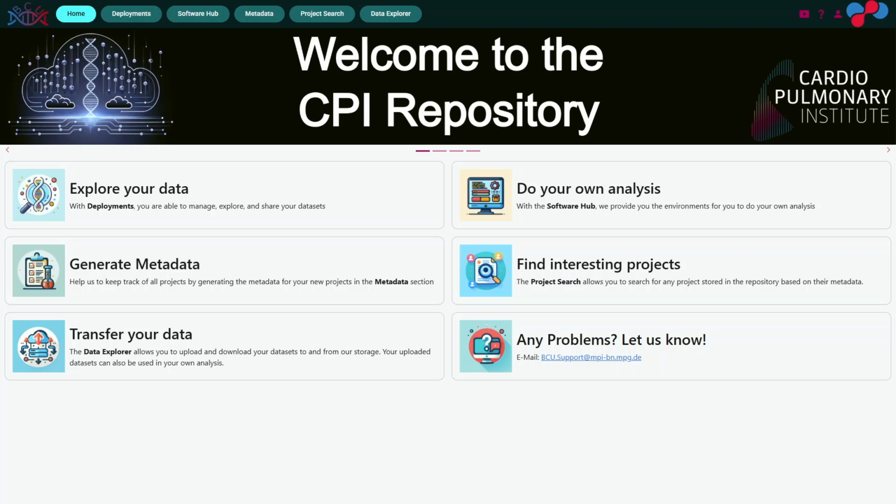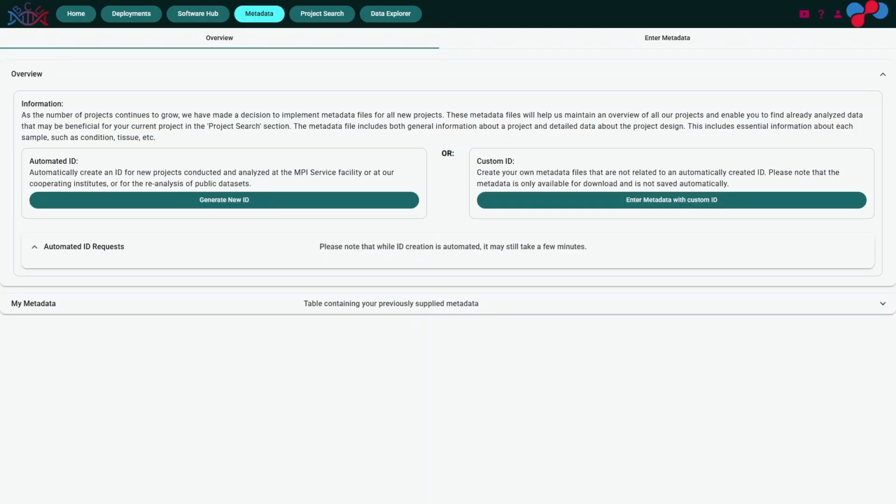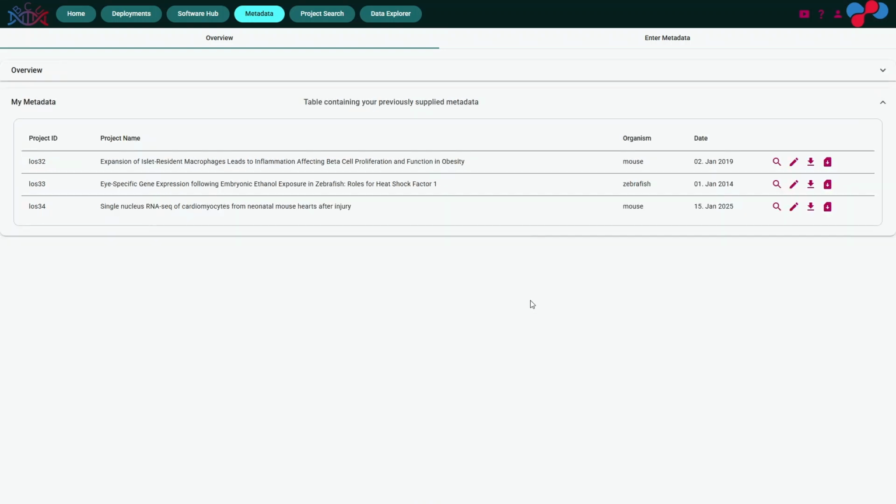To get started, navigate to the metadata part of the website by clicking here. Once you are on the metadata page, click on My Metadata to expand a table with all your personal metadata files. For each metadata file, you have the option to view the metadata, edit the metadata, download the metadata file, or download a sample sheet that is used by a connected facility, such as the sequencing facility, to process the